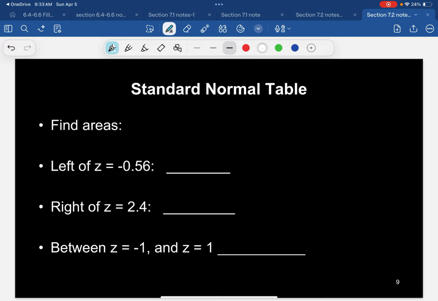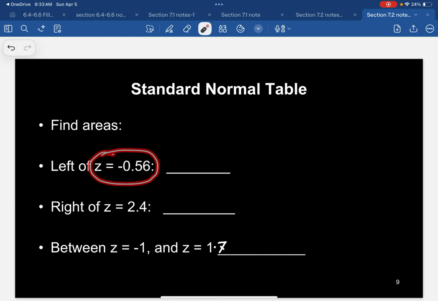I'm going to change the last example to 1.7. So z equals positive 1 and z equals negative 1 and z equals 1.7. Okay, that will make it more understandable. All right, okay, first one, find the area to the left of z equals negative